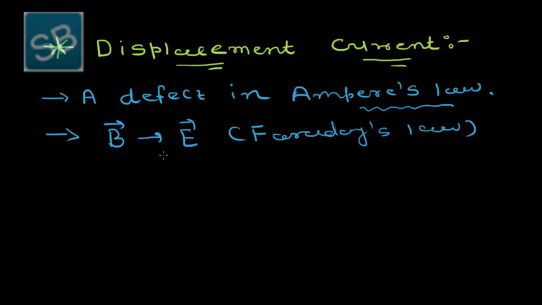In that case, the electric field induces the magnetic field. So it opposes Faraday's law, but we have considered that Faraday's law is universal and fundamental. So the result which was derived by Ampere was found to be incomplete, and the real confirmation of Maxwell's theory